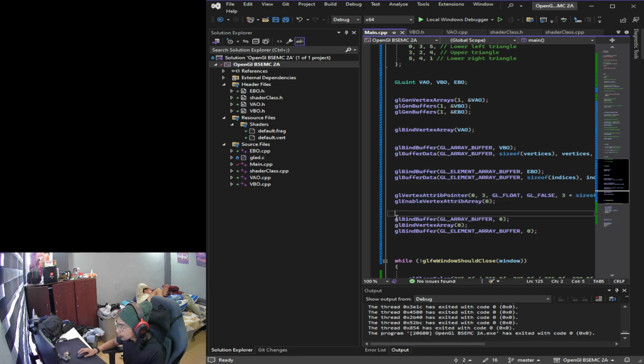So for our last line, this line unbinds the vertex array object. So in this code explanation,